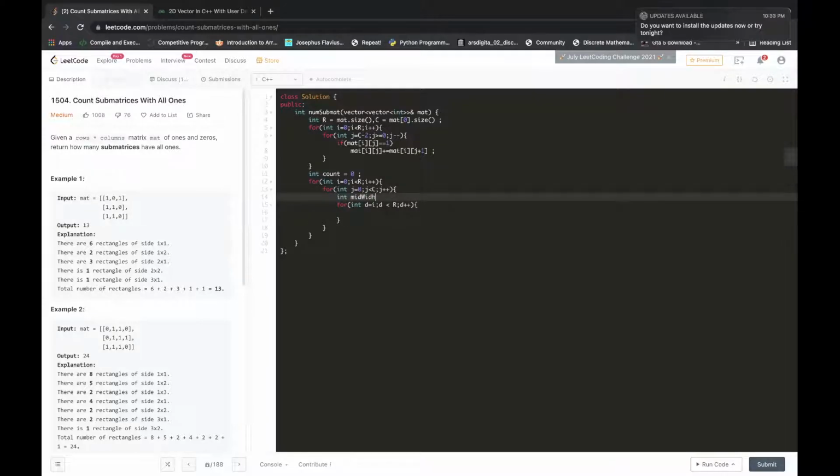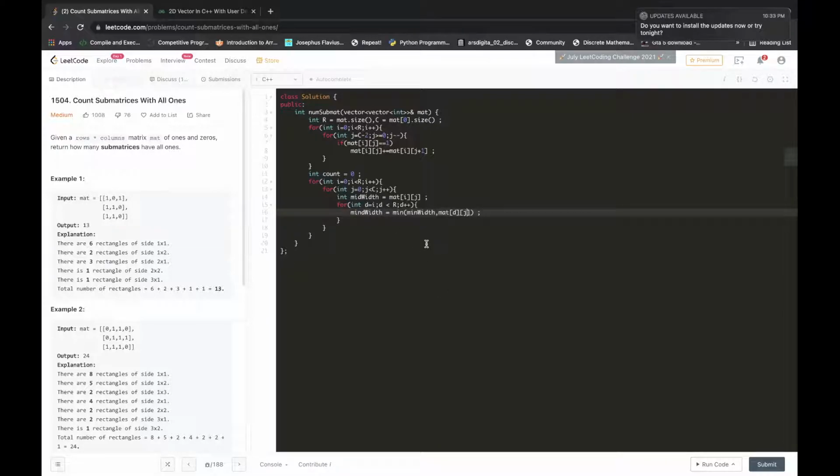So min width initially would be where we are, that is mat of i comma j, and then at every step we will update our min width also. So min width is equal to min of min width comma the position we are at, mat of d comma j.